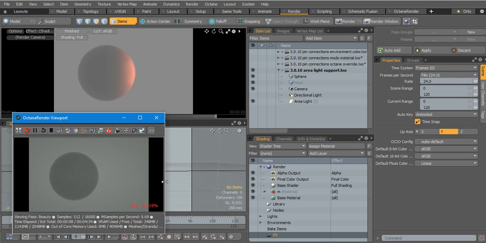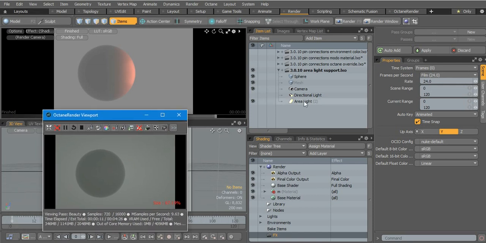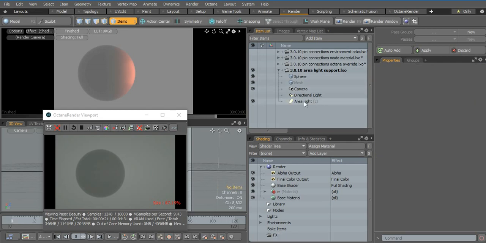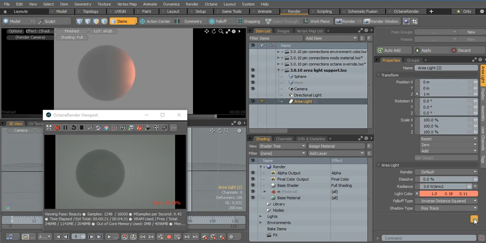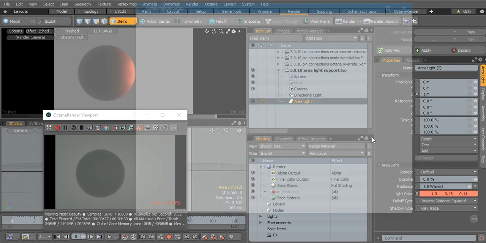I'll just adjust that size a bit. At the moment, this area light is a Modo area light, and it is not being transferred to the Octane scene. In order to do that, we need to click the Create Octane Emitter, and this will create